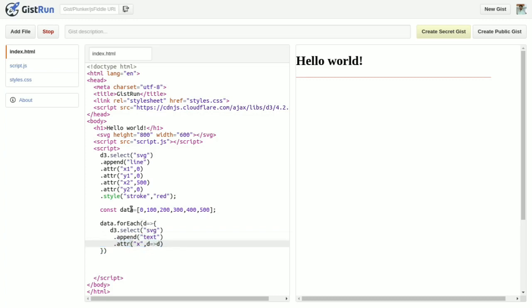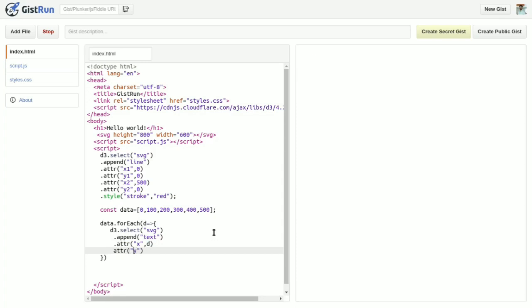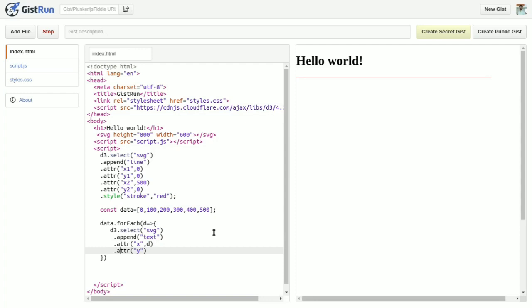So here we go to d and my x will be d, and for .attr y we again use 0, .text equal to d, .style stroke as 000.